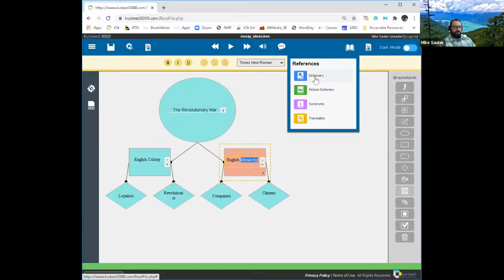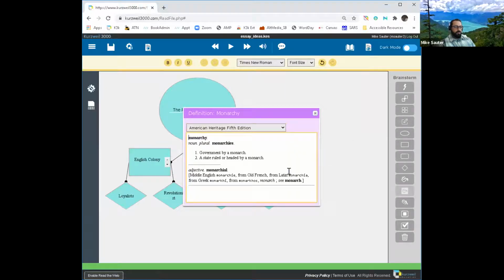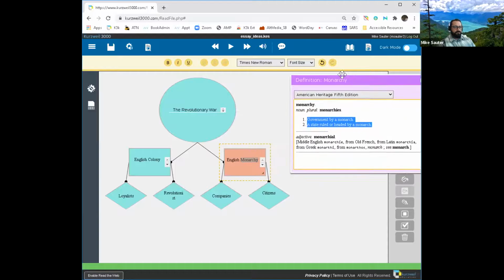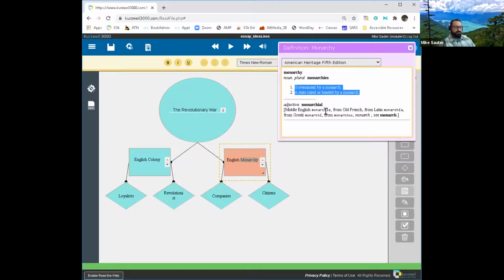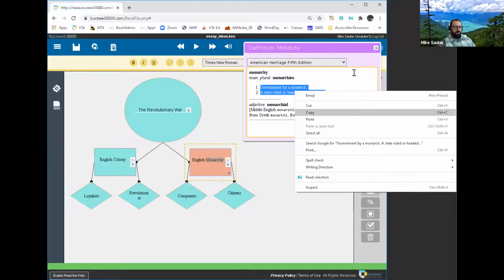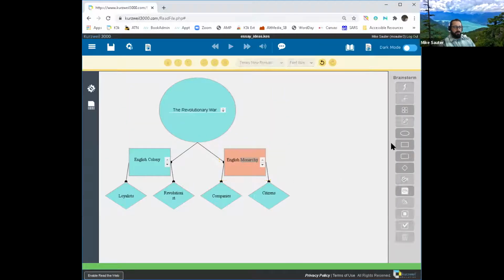Well, I can still use my dictionary tool. And with my dictionary tool, I can actually grab these definitions and use them. Right, I can copy and I can paste that into another shape.